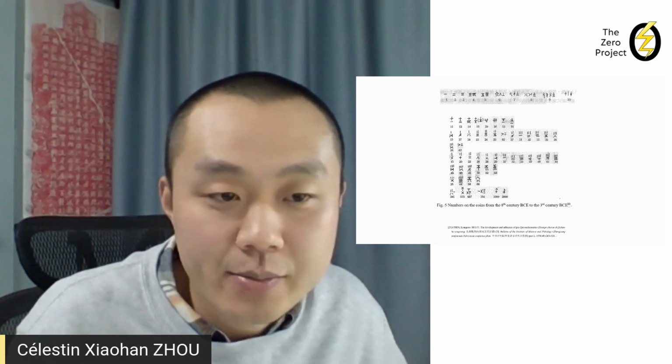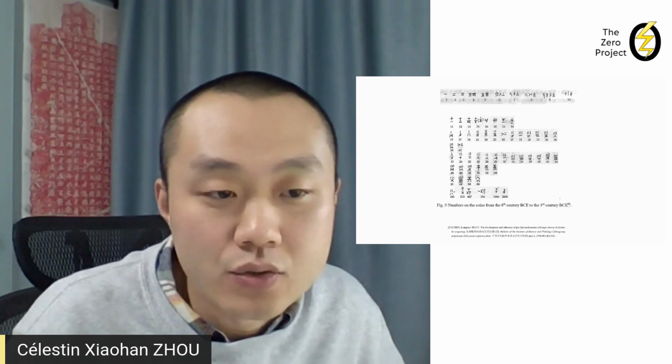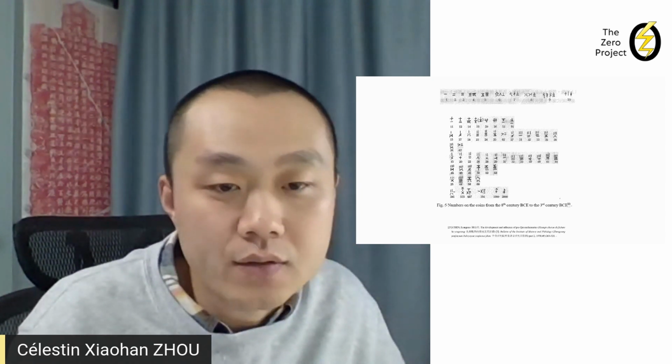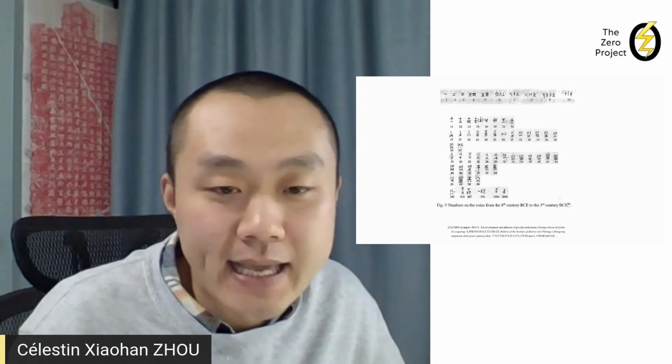The use of counting rods as a calculation tool is reflected in the text of the Nine Chapters on Mathematical Procedures. 九章算术 is also translated as the Nine Chapters on the Mathematical Art. Hereafter, we call it the Nine Chapters. This book dates back to the 1st century BCE to the 1st century CE, but a clear description of the way of using counting rods to represent a number is recorded in the Mathematical Canon of Sun Zi, completed at the end of the 3rd century or the beginning of the 4th century.